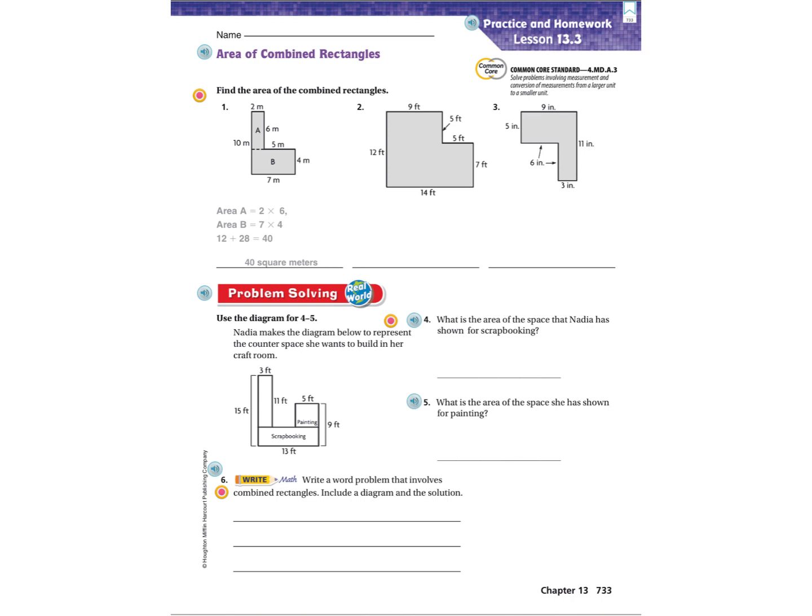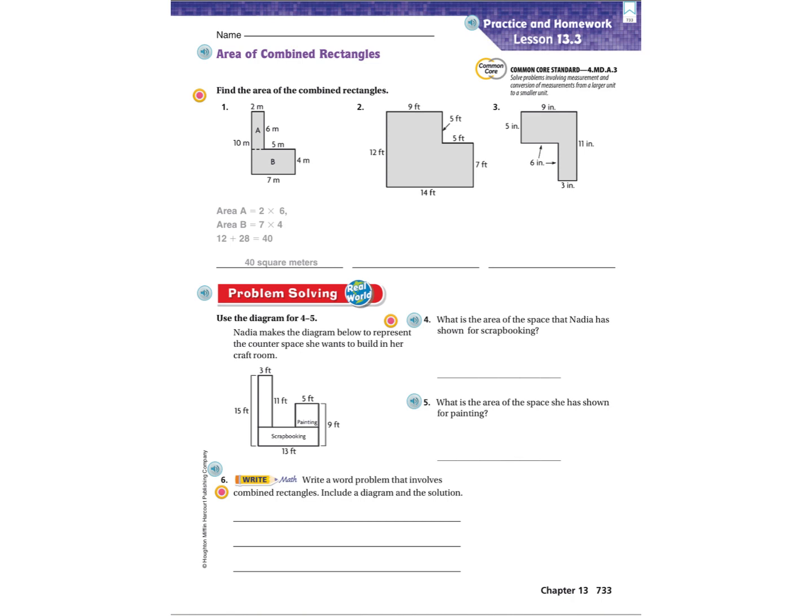Okay, so I'll go ahead and explain number one and how they did that. So they have this L shape, and they are going to separate it horizontally. So they found the area for the bottom rectangle B by doing 7 times 4, not 7 times 10, because 10 would be the whole height. And they just want to find the height for rectangle B. So they did 7 times 4 and got 28